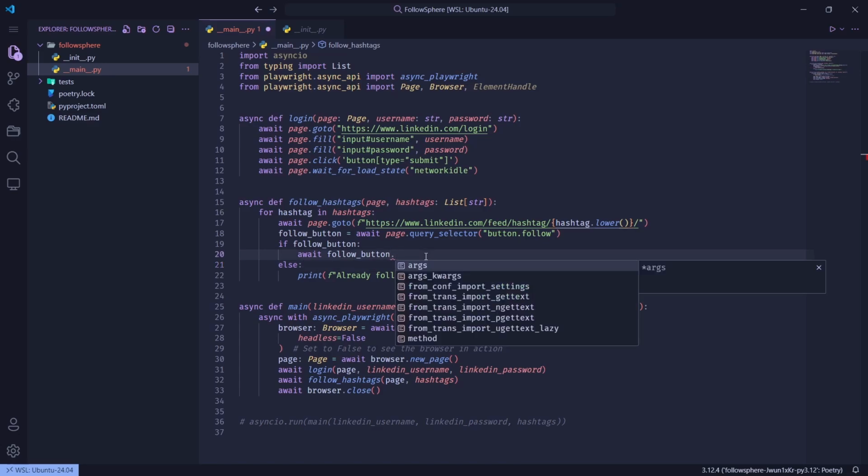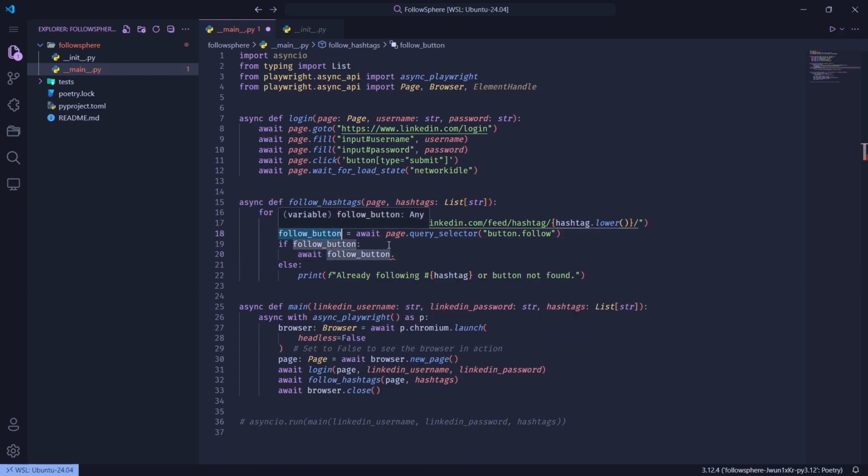When I do this and try to look for auto completion, it does not suggest anything, not any property or a method, because it doesn't know what kind of variable follow button is. So let's figure it out. As you can see, follow button stores the value that is returned by this function page.querySelector. And for that, we need to figure out what kind of